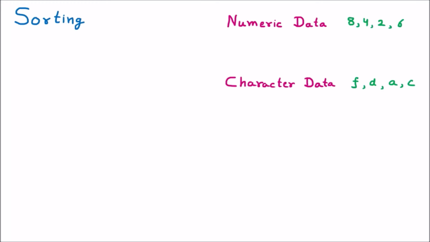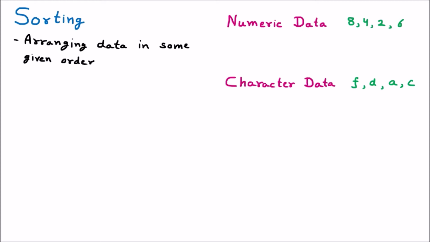Now we discuss the topic sorting. Talking about sorting, whenever we are arranging the data, or there is some order which is given to us, and based on that we are arranging the data, that is called sorting. So the simple definition of sorting is arranging the data in some given order. Whenever we are sequentially arranging the data, this is called sorting.